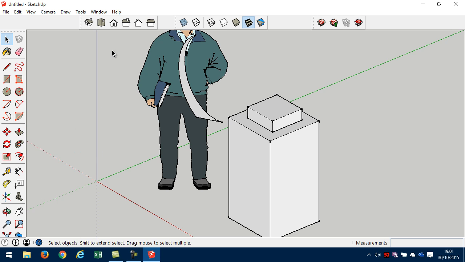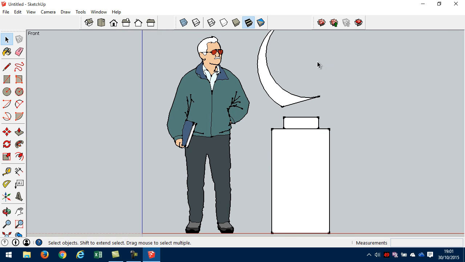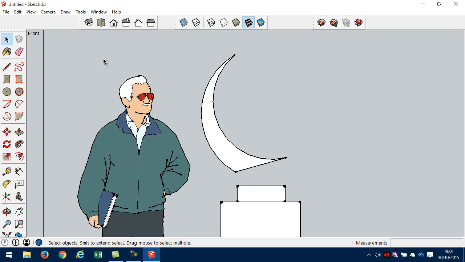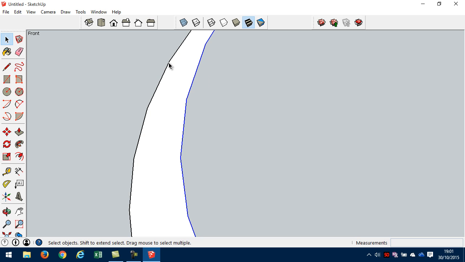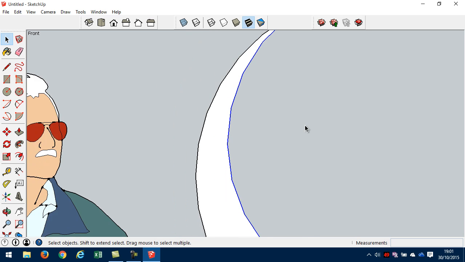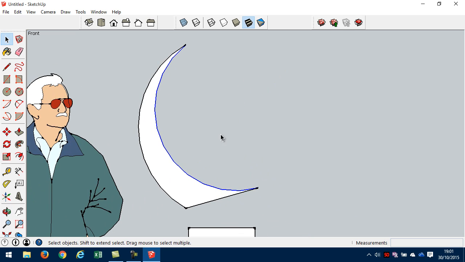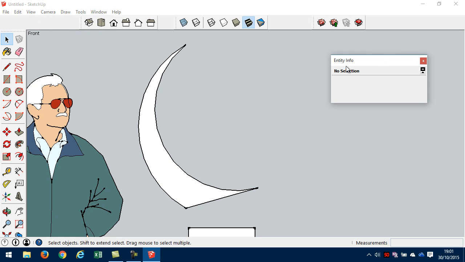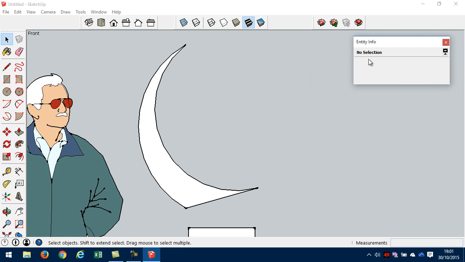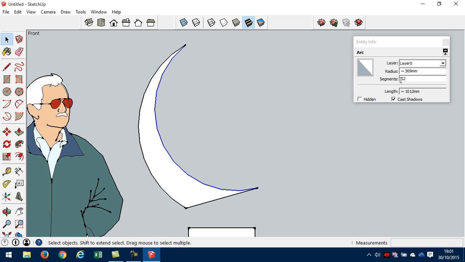But before I do that, I want to show you something. And that is that those two curves are actually made up of straight line segments. Okay, so if we zoom in, I don't know if you can see, but these are actually straight lines. So if you're doing curves and you want them to look more smooth, what I recommend doing is opening the window called Entity Info. And I generally like to keep it in the right hand side like that. Click on the Select tool, click on one of the curves, and you can see that it's made of 12